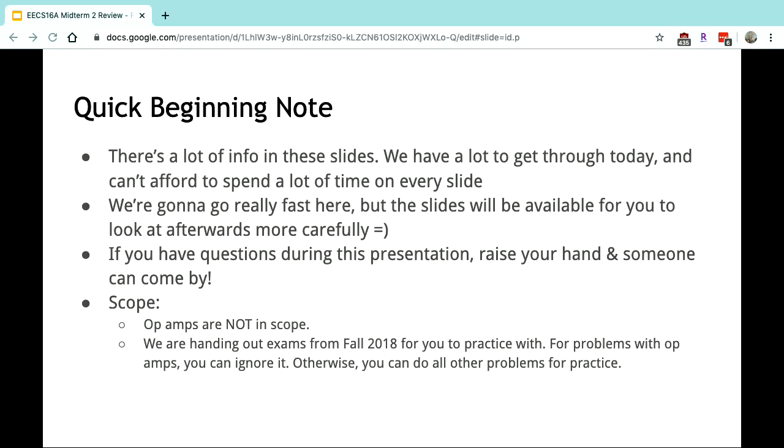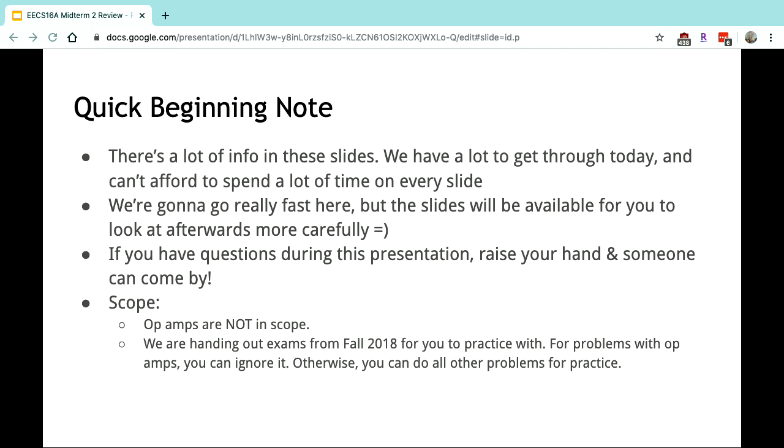So talking a little bit about what's going to happen. We have a lot of slides where we're trying to cover all the topics that we have discussed since Midterm 1. And we're going to go quite fast. But these slides are available to you, and there's actually a Piazza post out right now with it. So if you want to open it and follow along there, you're more than welcome to. If you have any questions during the presentation, you can just raise your hand. One of us will come by and answer your question. We may answer some of the questions up front. So we're just trying to get to your questions as soon as they come by, so make sure to ask lots of them.